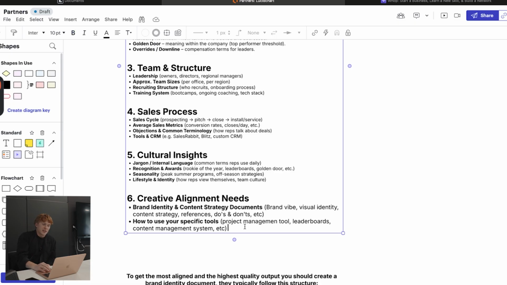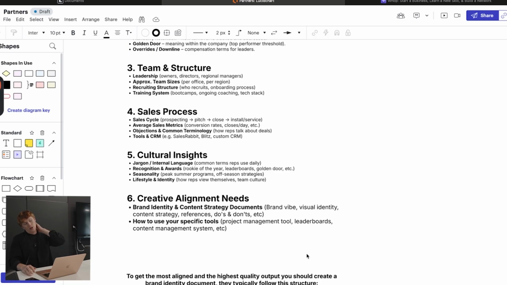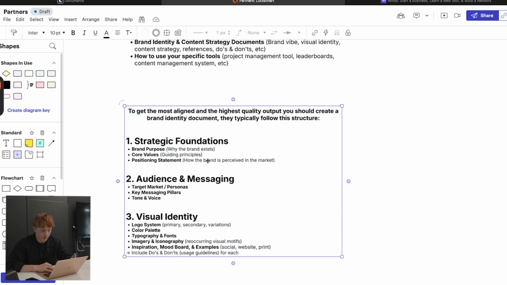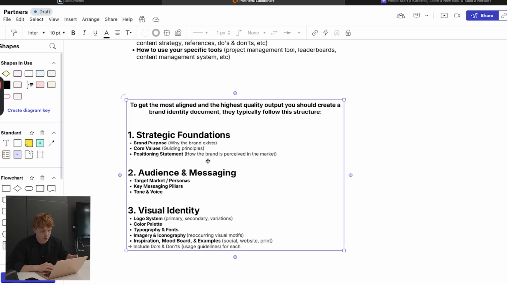And then how to use specific tools. So in the next step, I'm going to share the tools and the software we use for collaborating and storing all of these assets. Like, as a creative, as a video editor or a graphic designer, the most important part is that you provide them with these things. I'm not going to go through it, but you can pause here, screenshot.